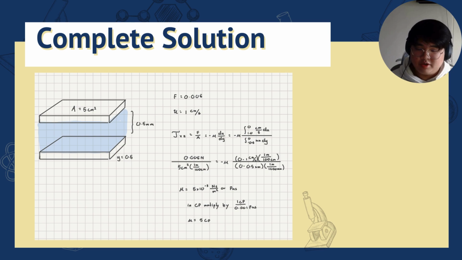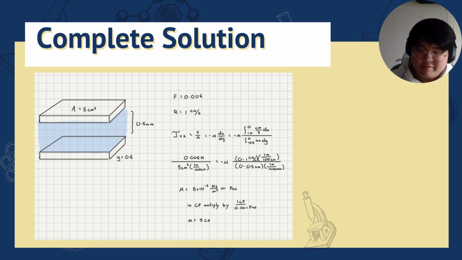So we just substitute the given values into the formula. For force it was 0.005 newtons, which is how we got 0.005 newtons in the numerator, divided by 5 centimeters squared, which is converted to meters. For dimensional homogeneity, we're going to use SI units so everything matches. So the centimeter will be converted to meters squared, and we can do that by dividing by 100. And then this is equated to negative mu multiplied by the derivative.